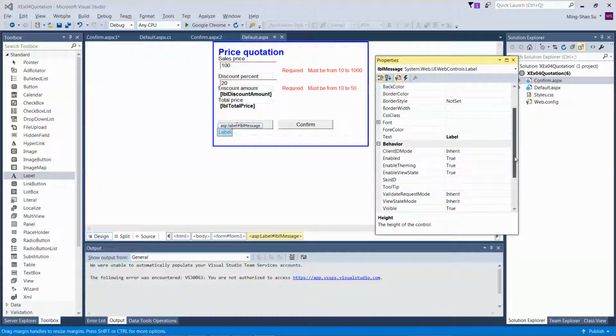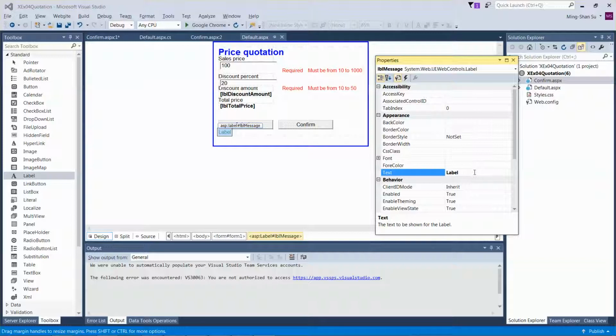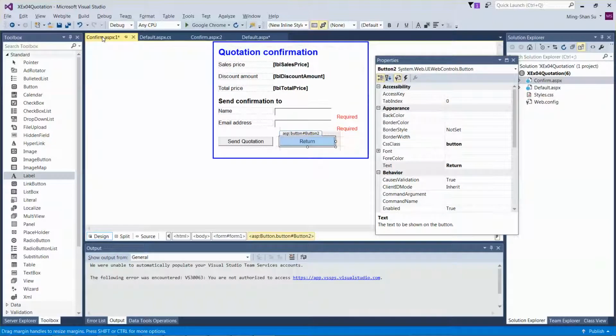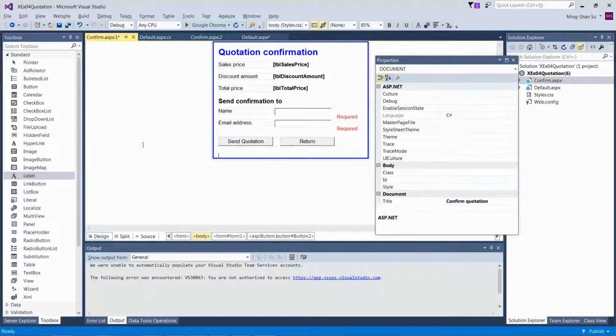And then the starting message for this one will be: sure to click the calculate button before you conform. There you go. Very good. Okay, and then for the conform page, I will do the same